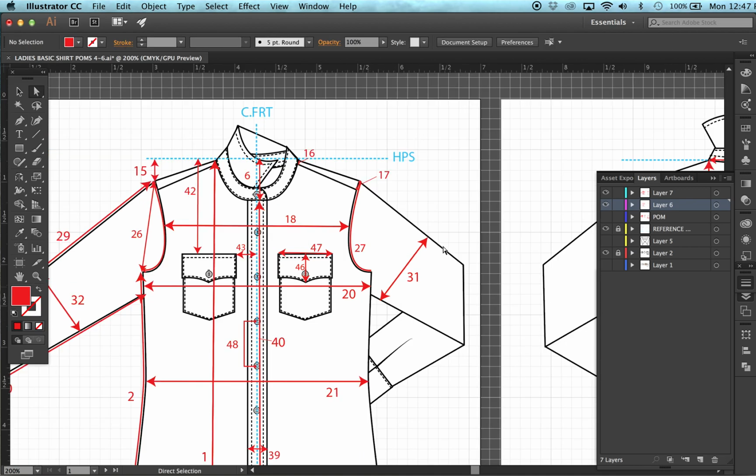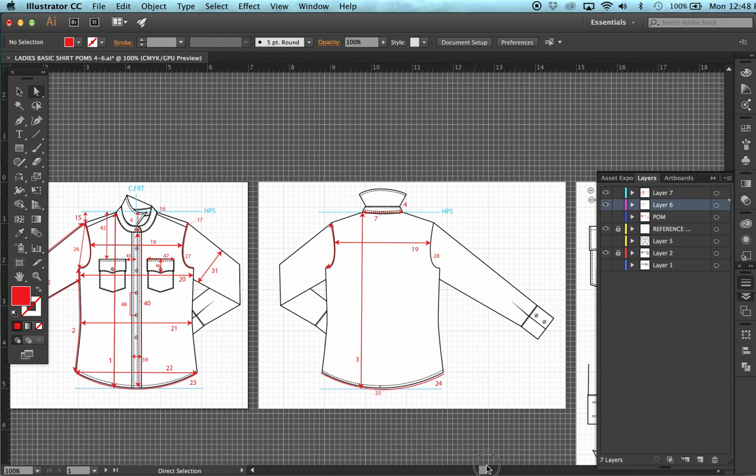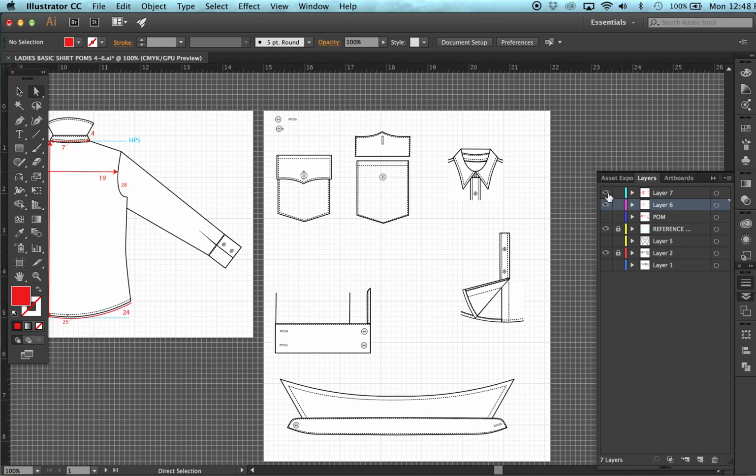You can see that we have, again, adjusted the sketch there. And here are all of these call-out POMs. So you had the collar point spread, you had the wearer's left center front pocket, all the cuff information, including the sleeve pocket, the patch pocket height and width across the top, and all the collar stand and collar information. Again, you'll see that on all